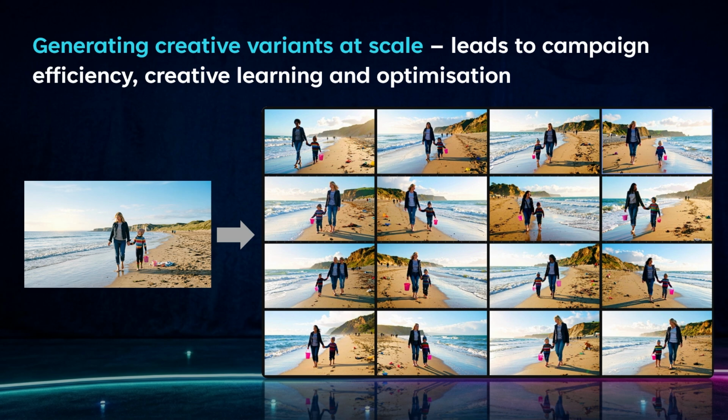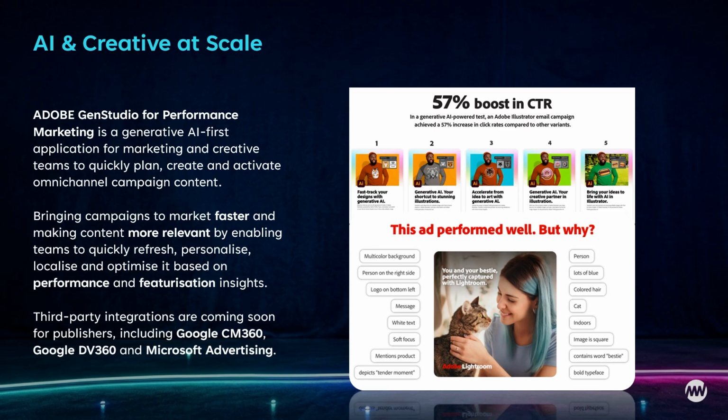And to Max's point earlier, it's also what the platforms are really hungry for, all of these variants to test from. And I guess we talk about why. Adobe's done quite a lot of research into this, and there's a little example on the right about a guy who's wearing a different coloured jumper. The jumper's got a different logo on it, different background colour, that kind of thing. And that to me is a good example of testing variants.